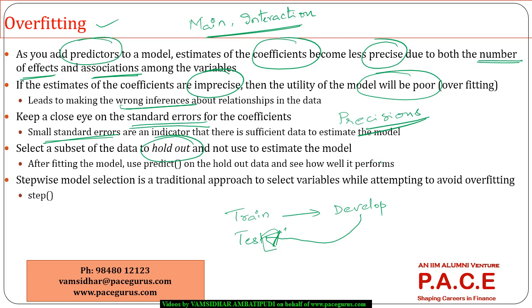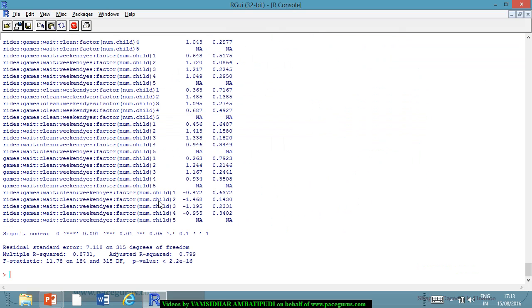So you have to use this model to predict the test data for which you already have the dependent variable, and compare the predicted values that your model has given versus the actual values present for this test data, so that the overall overfitting can be eliminated altogether. Or there is another mechanism which talks about the step. So if you typically do this,